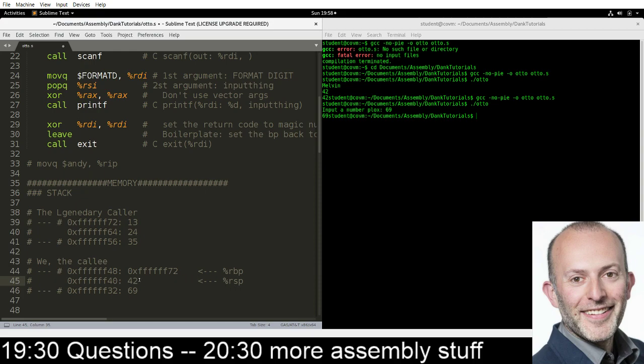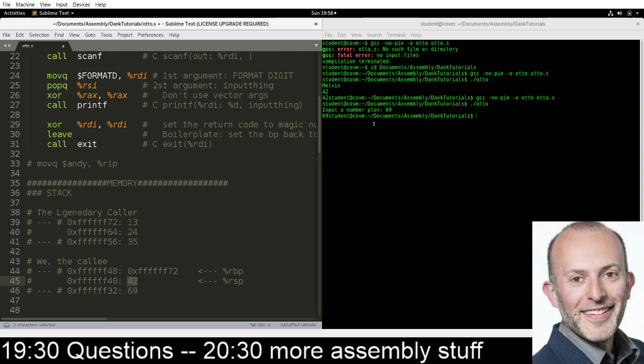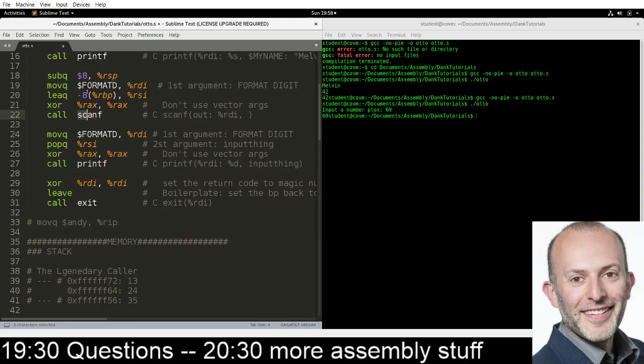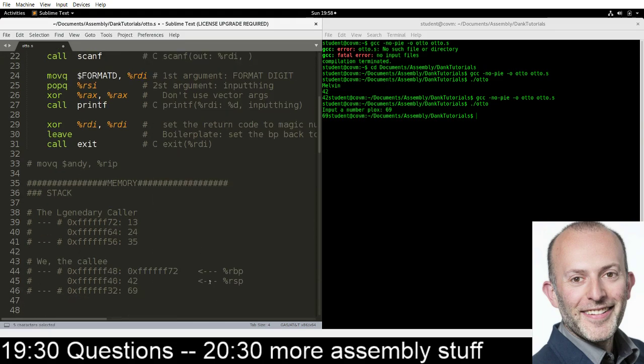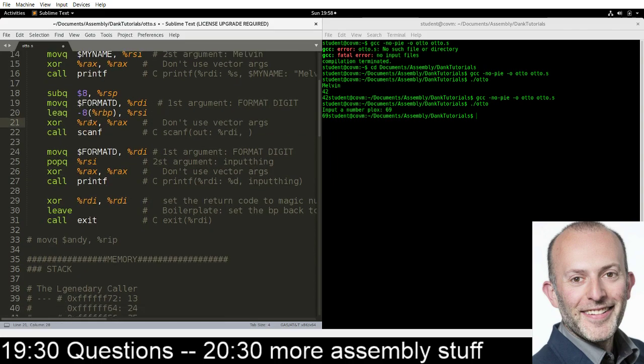And so now it's pointing at our input. So we input number 42 and it's stored as a number 42. So that's what that does. Like subq, it puts the RSP there, and